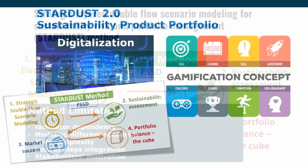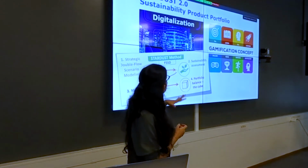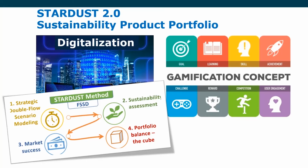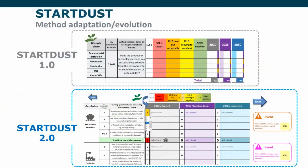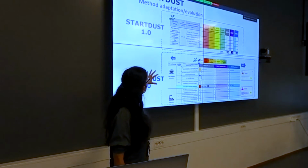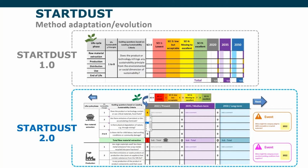So that's why in the second version of the method, we tried to include digitalization and a game-based approach, where we wanted to make the method a little bit easier for the companies to use. So the idea was to try to adapt the STARDUST. So you can see here in the first part, the templates that we were using are very static templates. So the idea was to try to use templates that were more dynamic, and they helped the assessment of the